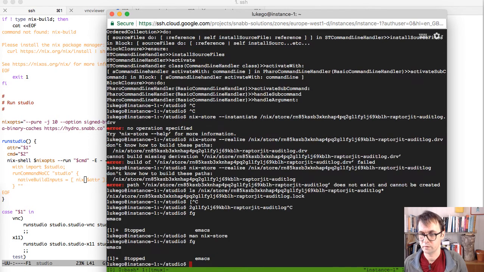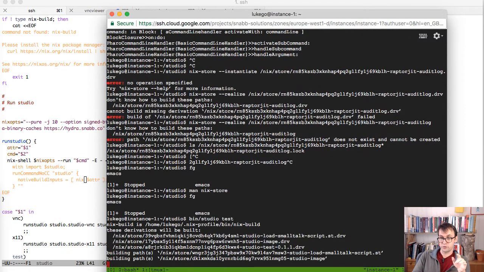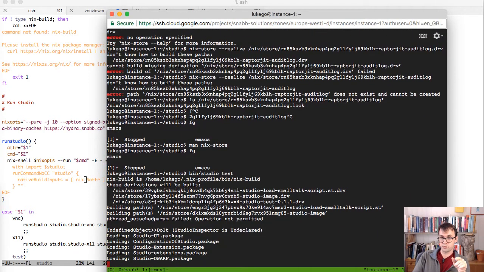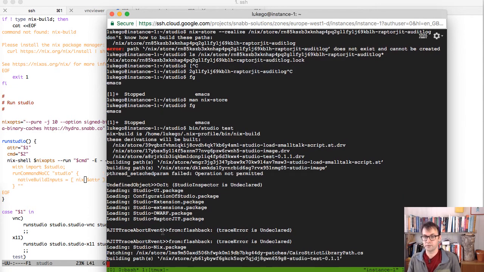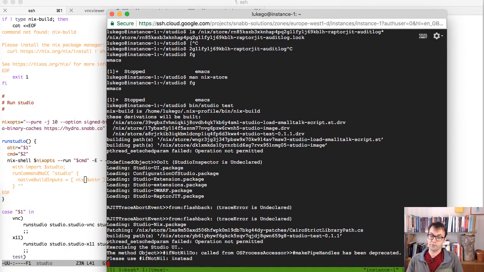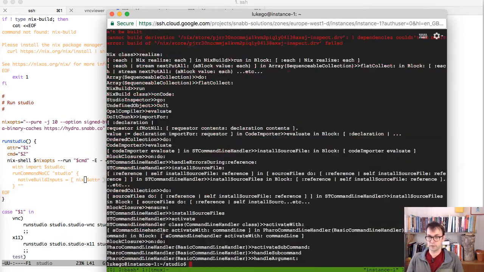And now we run bin/studio test. What we expect to happen is that Nix will realize that we'll do the SHA-256 hash of all that Smalltalk code. It'll see that it's different. It'll bootstrap the image again, which it's actually doing now, which is kind of neat. So if we edit any of the code in our checkout, including the Smalltalk code, it should all get pulled in. So now, when we get the error again,